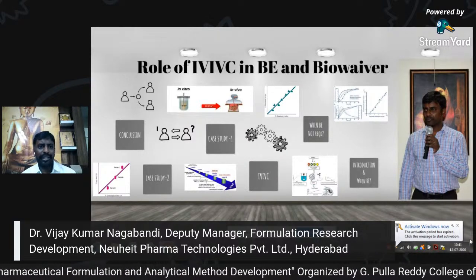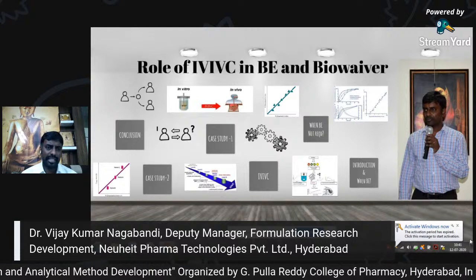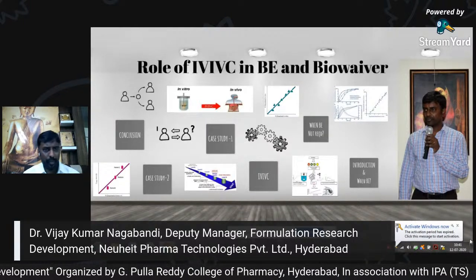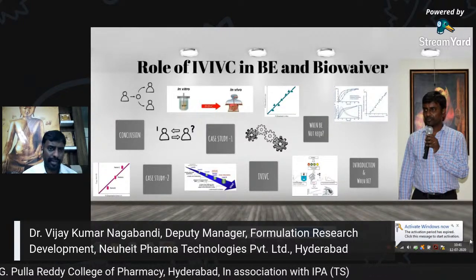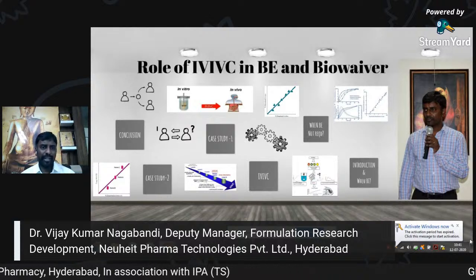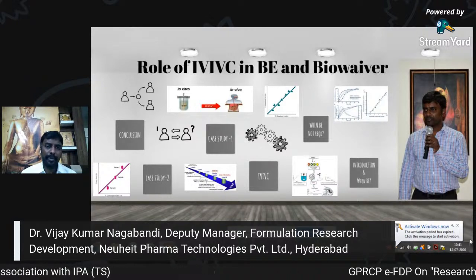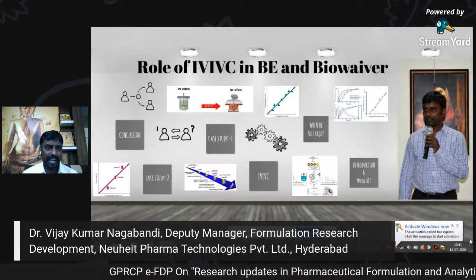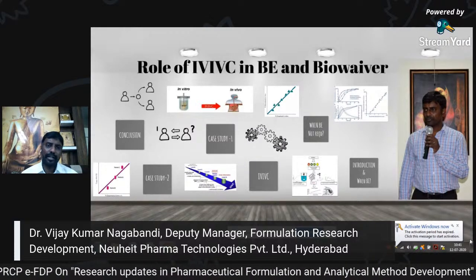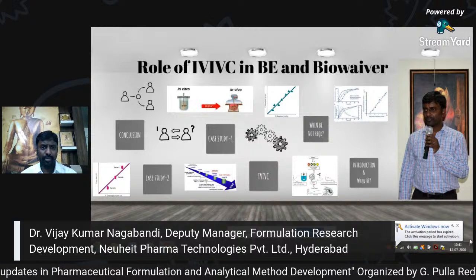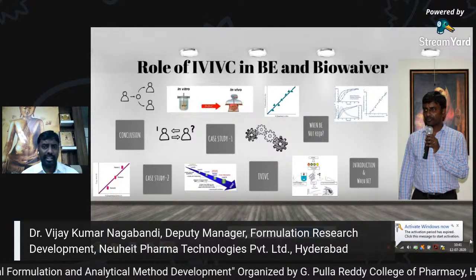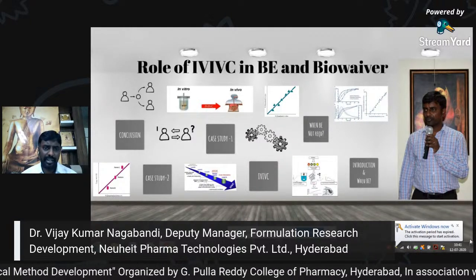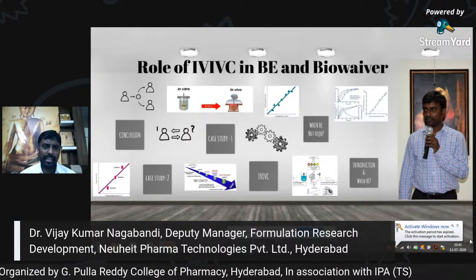So even the government gives permission to do generic research, because royalty and monopoly will be given to the innovator for a certain period of time. But beyond that, if we bring a generic molecule, which is a copycat or therapeutic alternative to the innovator, then because all the studies are not required, the cost can be expected to be much less. So the difference between innovator and generic is that the innovator has done all the clinical trials, and the generic need not do all of them.